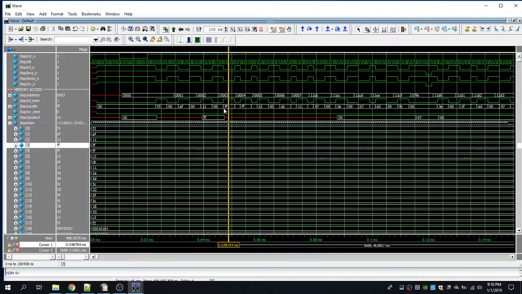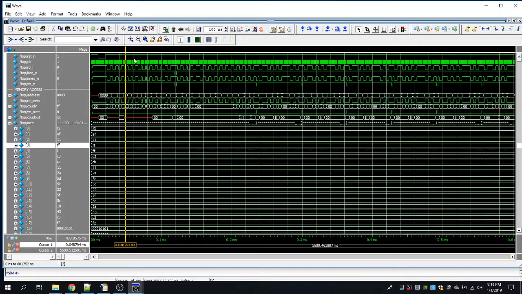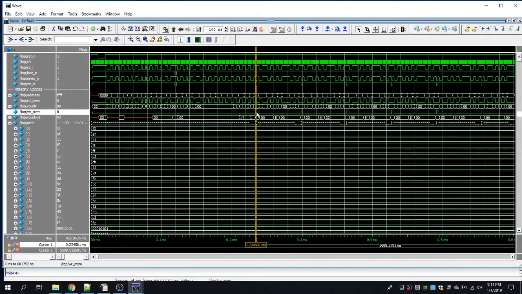Okay, so it seems that the read from the memory is working. So here we have the actual code, which is read from the memory and is executed by the CPU. And let's see if we go a little bit further, we can see the first memory write. And we have a lot of memory writes. The firmware is actually just initializing the memory from the upper part of the memory, which is the maximum address,